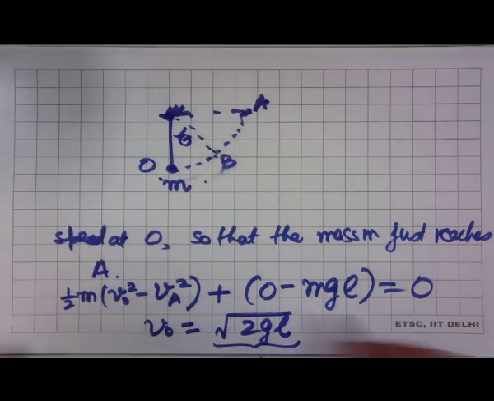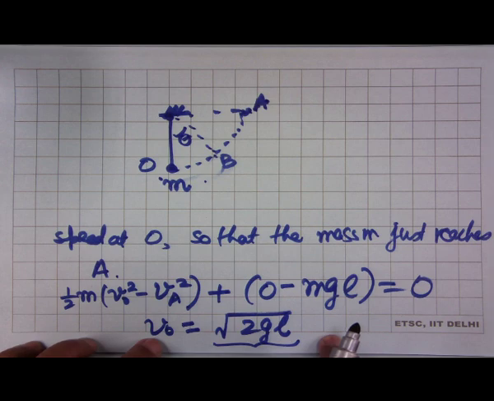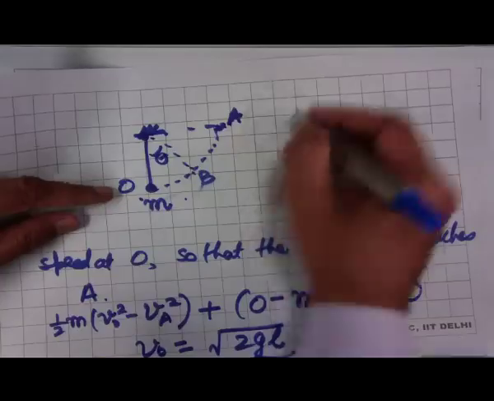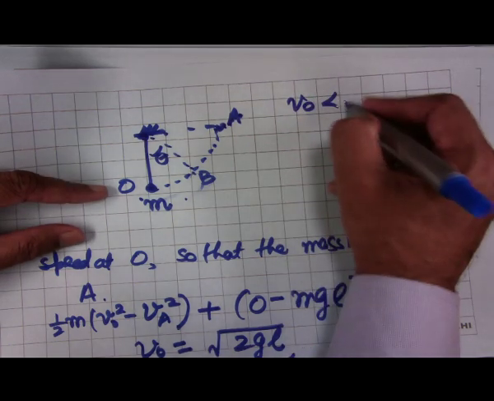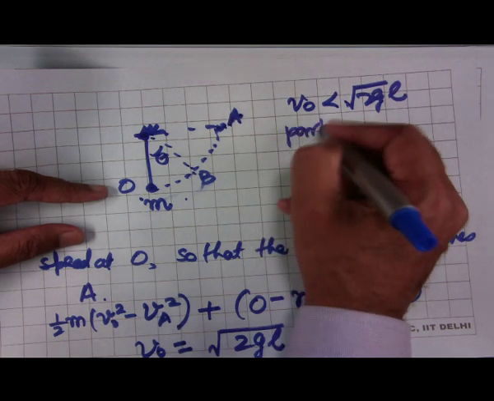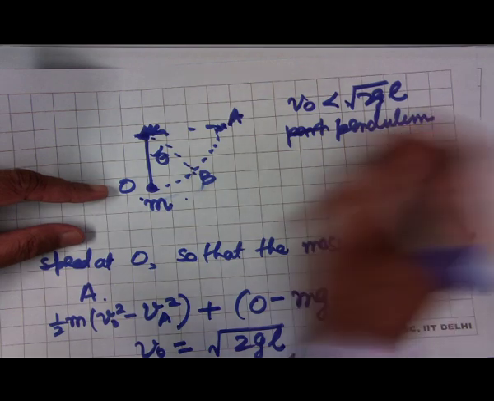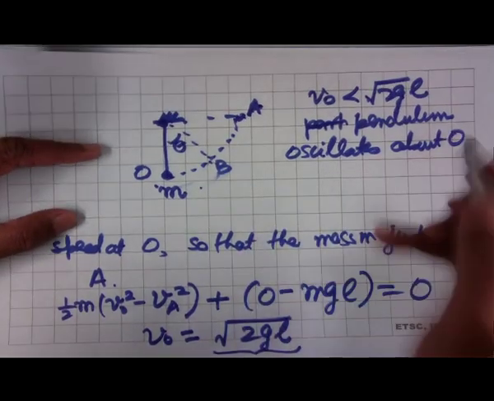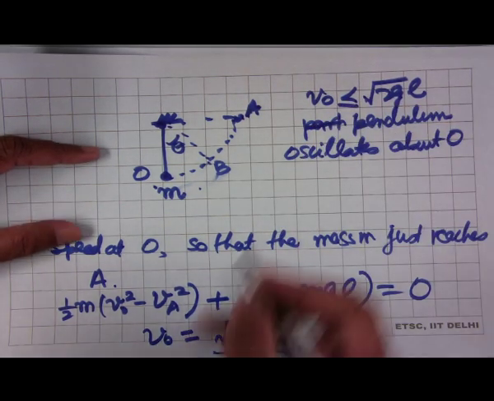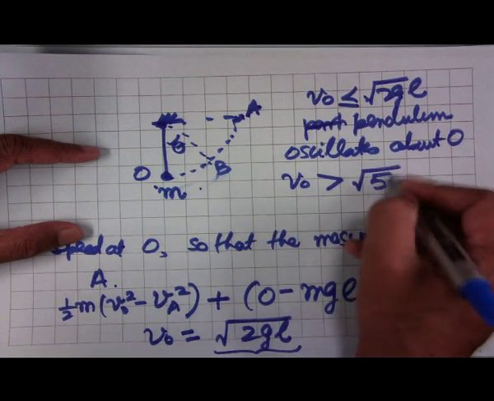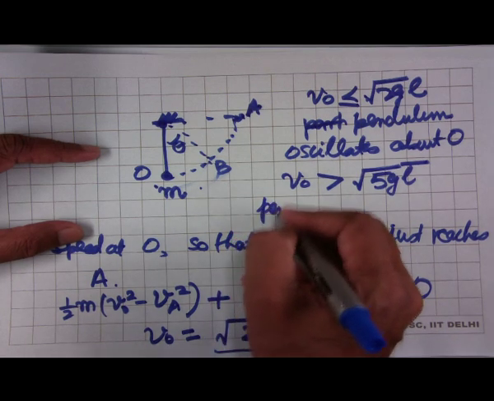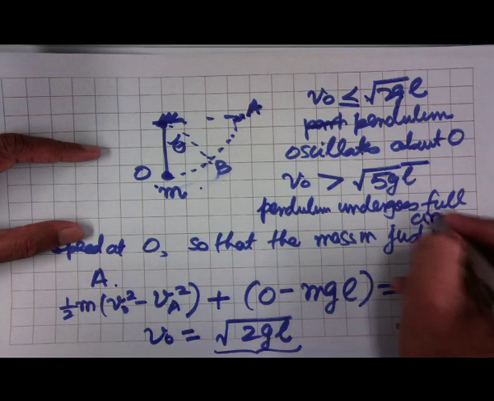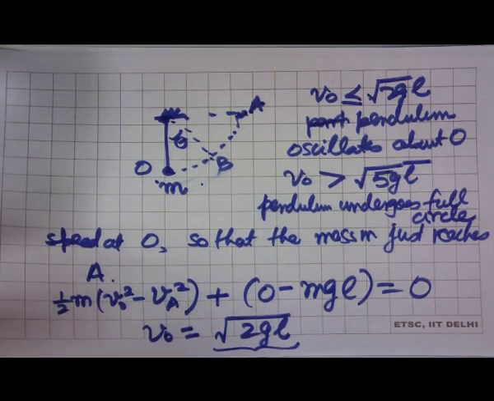The limiting case will come when velocity V0 at the bottom is root 2 gl, then it will be able to go up to A. So that means if V0 is less than root 2 gl, the pendulum oscillates about O, and if V0 is greater than root 5 gl, then the pendulum undergoes a full circle motion. Now, what happens if V0